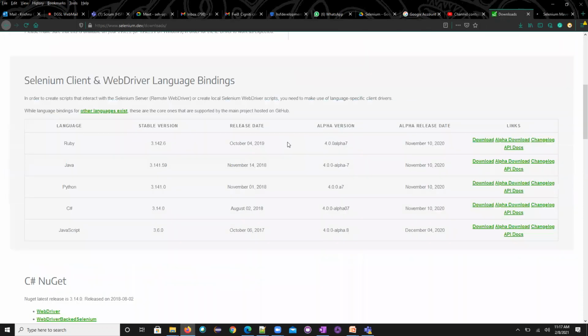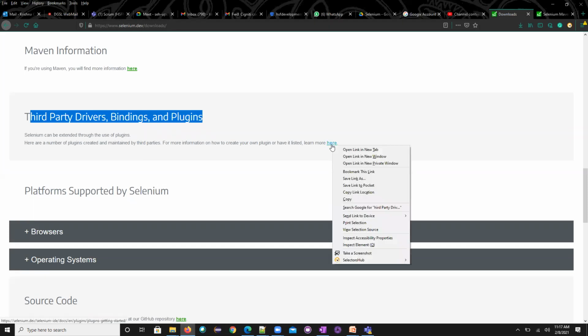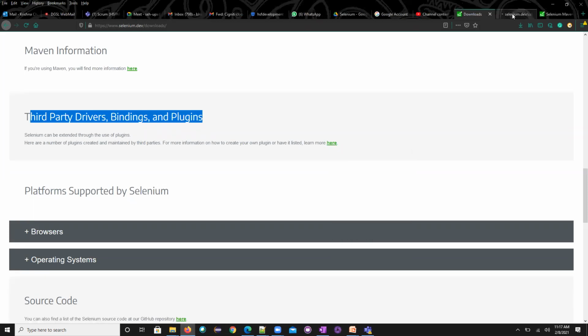Okay, if you are doing it manually, you should know how to do it manually also. That's where I told that. And what are the third-party plugins? Who gives the third-party plugins? The third-party drivers, bindings, and all the things can be given by the respective vendors. For example, the Chrome people have given the Chrome driver, meaning the Chrome people prepare that for Selenium and they give it.